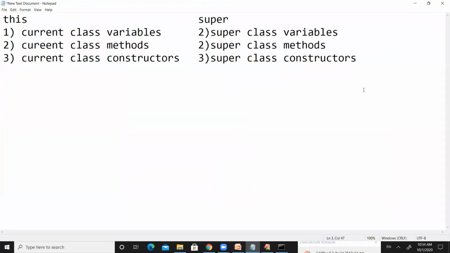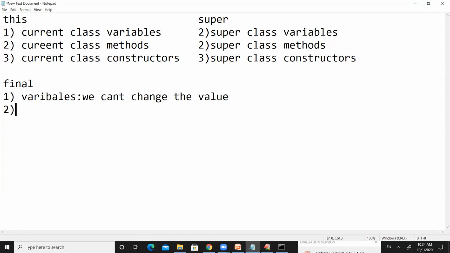So these are the things for the this keyword, the super keyword, and the final keyword. Final variables: we can use final along with variables, and if we do, we can't change the value. Second, we can use it along with methods.